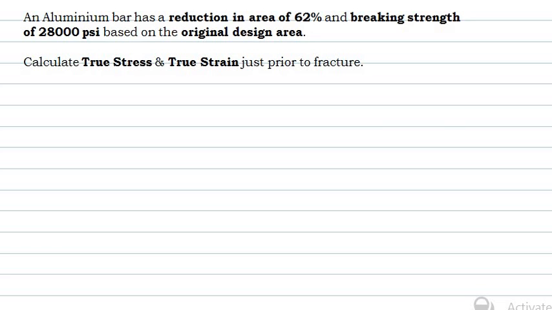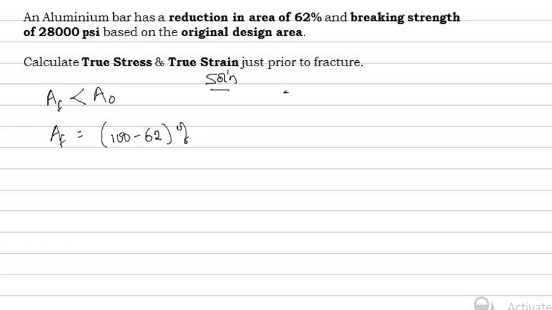So this means that we're going to find a relation that will give us a ratio of the original area to the final area. A simple way to do this is by saying, since we have a reduction in area, this implies that the final area is less than the original area. And since we were told that the area was reduced by 62%, it simply means that our final area is equal to 100 minus